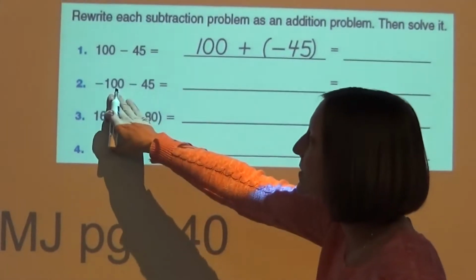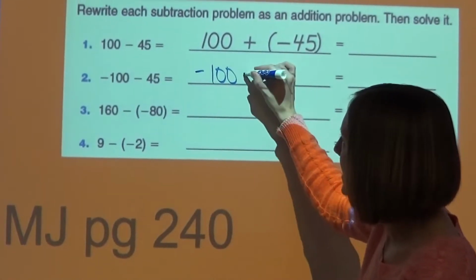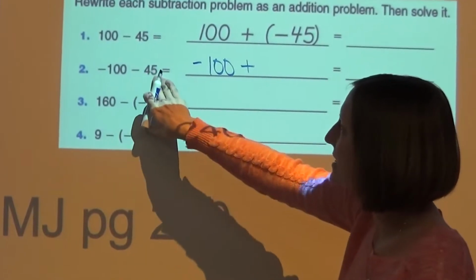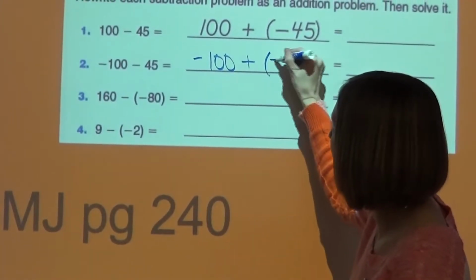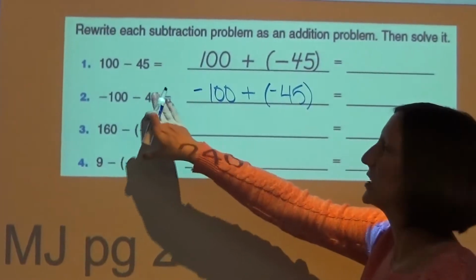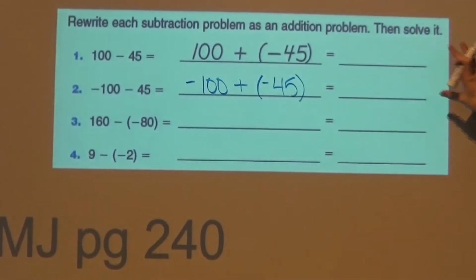Okay, so if I were to do this for the next one, if I start with negative 100, and instead of subtracting now I add, instead of subtracting a positive 45, I'm going to add a negative 45. So if I change my operation, I also have to change whether this is positive or negative. Okay, and then I can use that